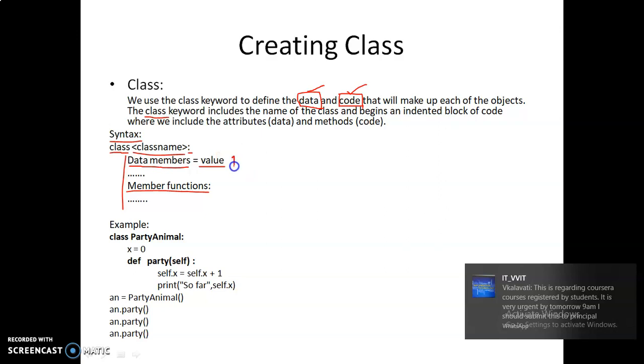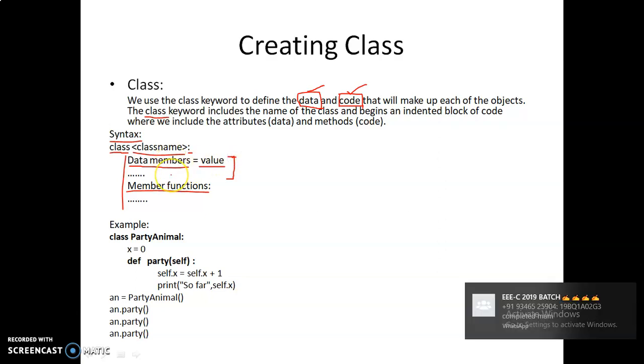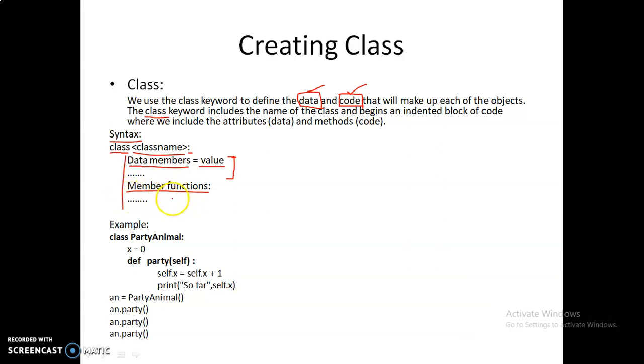This is the optional block. Only when you want to mention the value at the class level can you specify these values. Otherwise you can write the member functions directly, and within them you can specify the required data members of the class also.